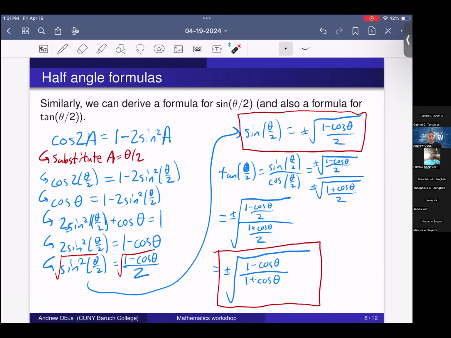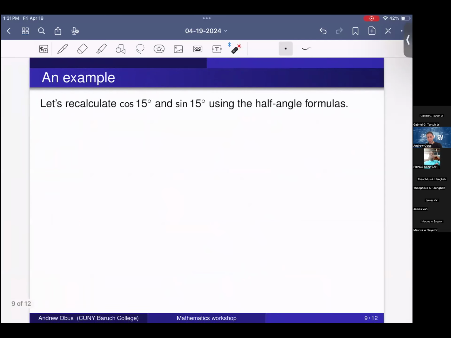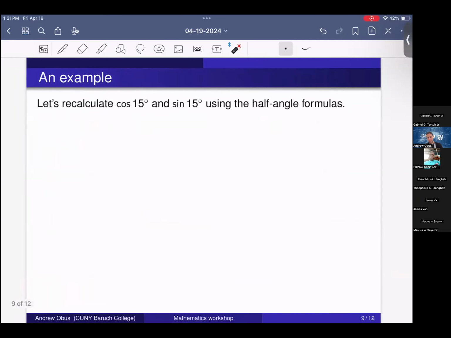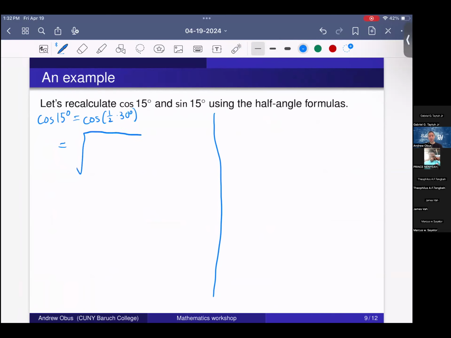So let's test this with an example. So let's recalculate cosine 15 and sine of 15 using the half angle formulas. Okay, so cosine of 15 degrees, well, that's the same thing as cosine of 1/2 of 30 degrees. And so by the half angle formula, that's going to be square root, we know it's going to be positive, so I don't have to write minus, of 1 plus cosine of 30 degrees over 2,